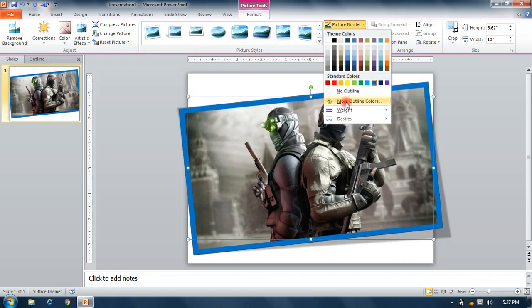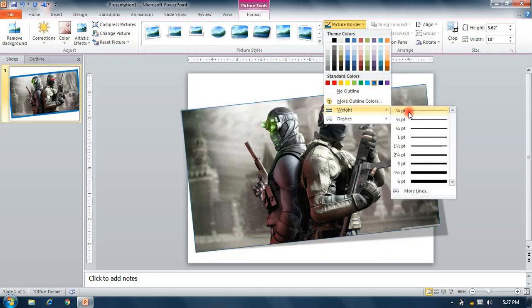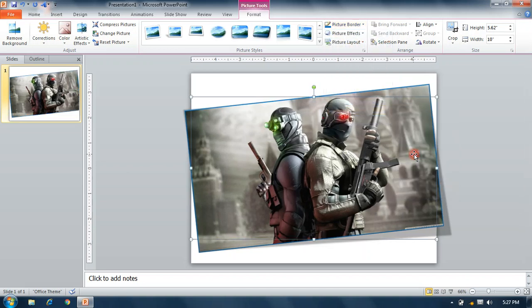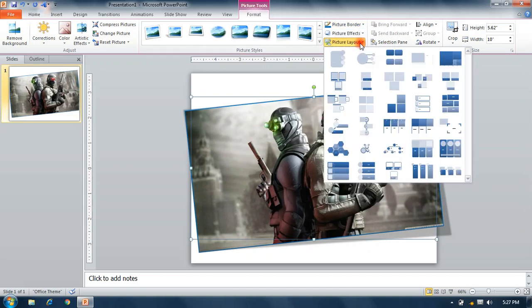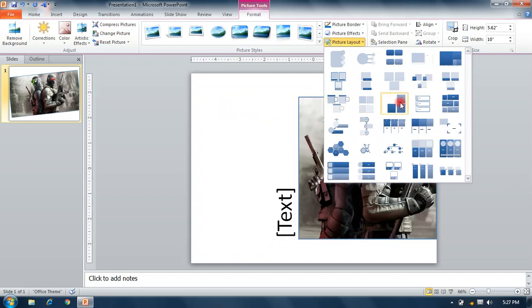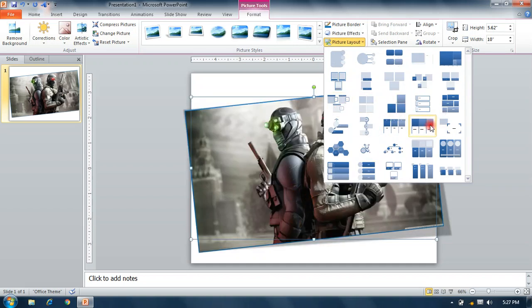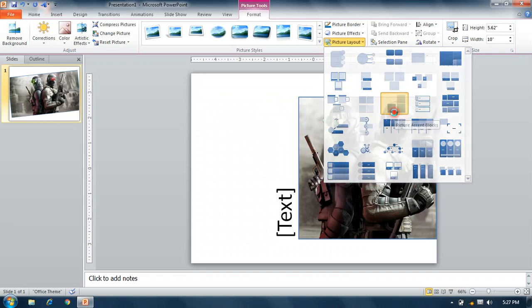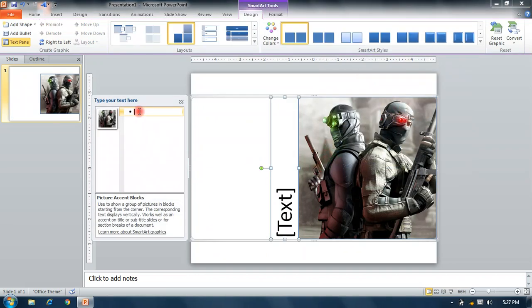No Outline, More Outline Colors, Weight, how many points of picture border you want to apply, you take that from Weight. Picture Layout, if you lay out your picture in this form, then it's applied like that. Okay, and you can type here.